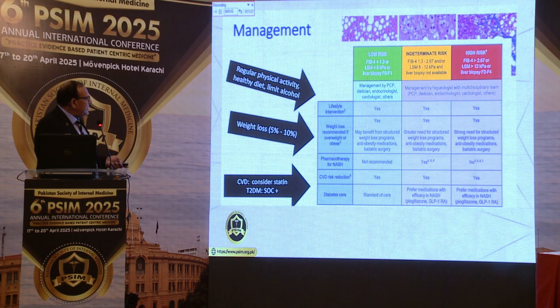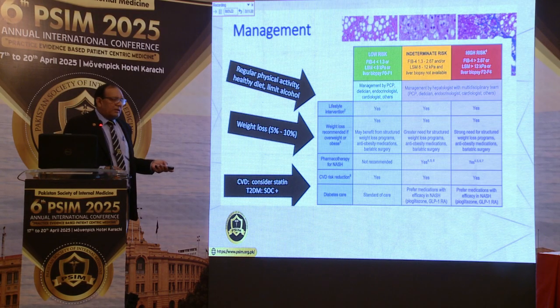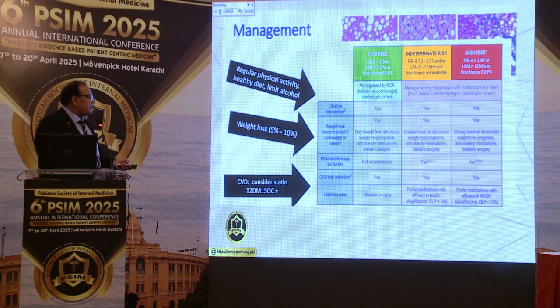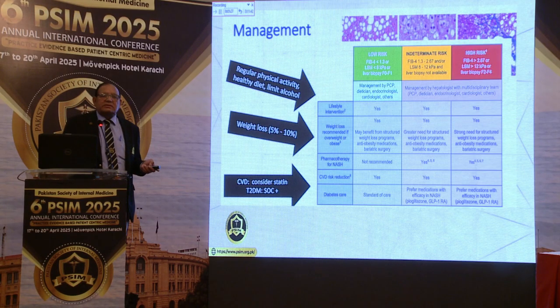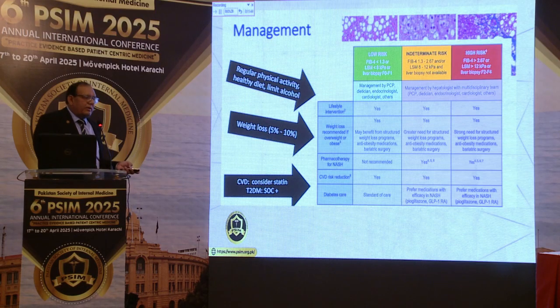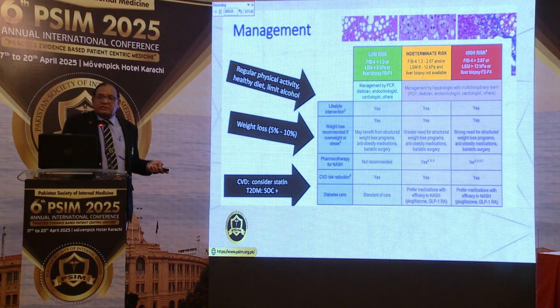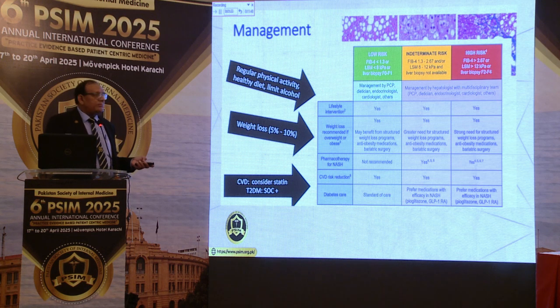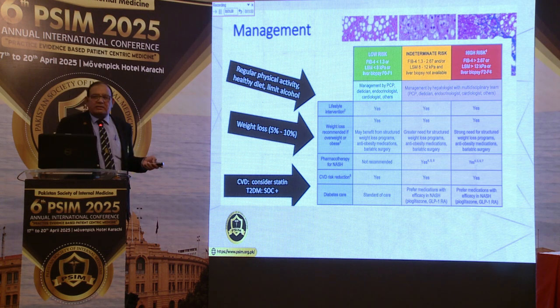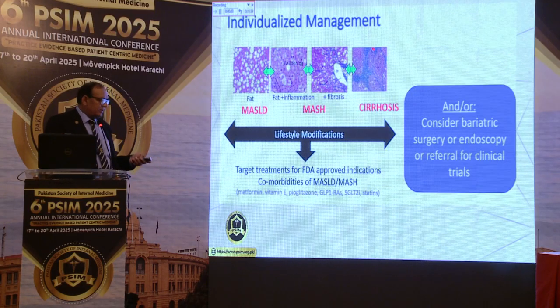Only in intermediate and high risk, if NASH develops, then there is a role of all these new drugs. Then diabetes will have to be cared for in any case. As I said, basically insulin resistance is the mother of all diseases, all the metabolic diseases, including type 2 diabetes. So you will have to adopt a healthy lifestyle, healthy diet, which is the motto of our